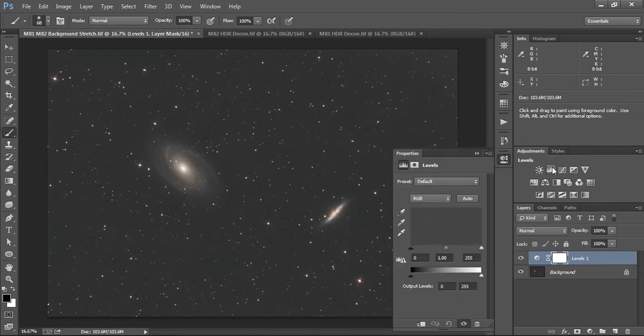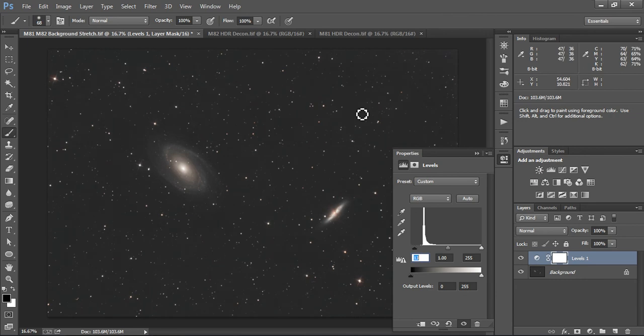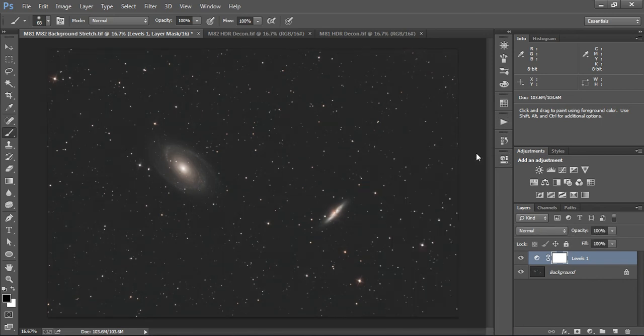Let's set the black point on our background. If you hover over here, we can see in the information box that we're in the high 40s. So let's put this somewhere where, usually, I like to put it anywhere between 30 and 35, and they're around 34. It looks pretty good, and you can toggle things on and off, and that gives me a nice deep gray, not pitch black,